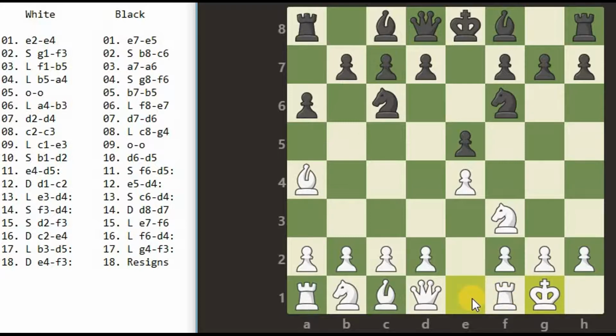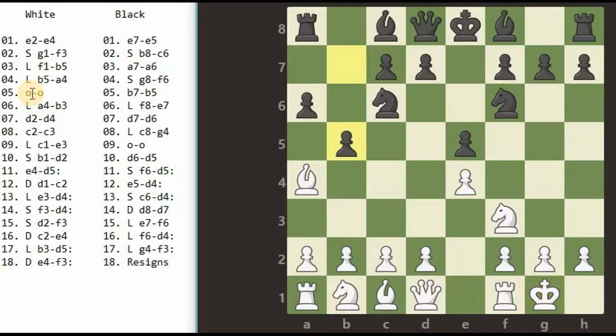If the king was castling on the queen's side, that is with this rook, then the king would come 2 steps in that direction, that is to c1, and the rook will come to the square next to the king, that is to d1. But in this situation, castling on the queen's side is not possible. I'll explain this while I am discussing the technical terms. For now, we just understand castling on the king's side. We had said that for representing castling on the king's side, we write OO.